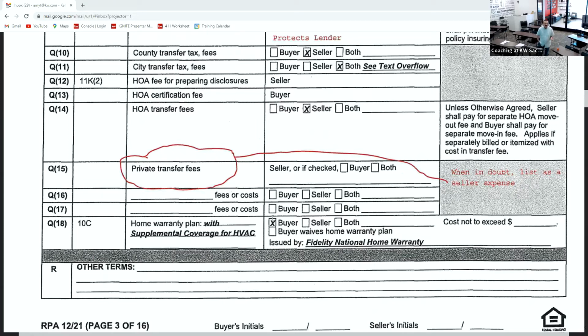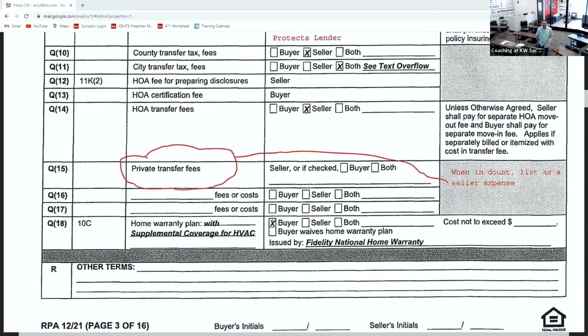And what the trust said was, under the initial sale from the developer to the first buyer, there's no private transfer fee. But every subsequent sale after that, there's a private transfer fee that will apply. And that money that's collected in the private transfer fee gets allocated to the Sierra Club or whoever's managing this